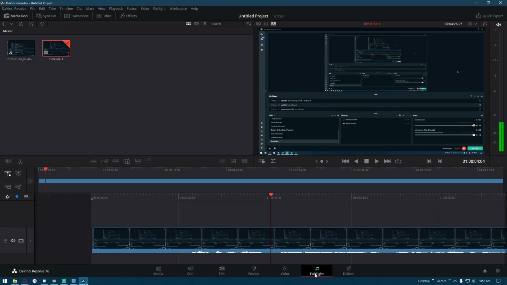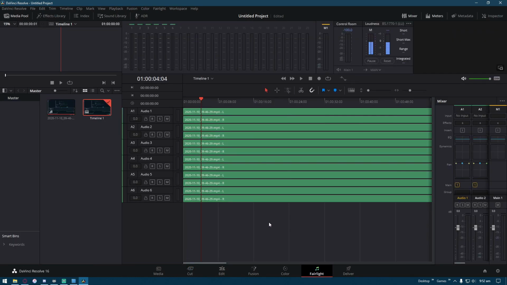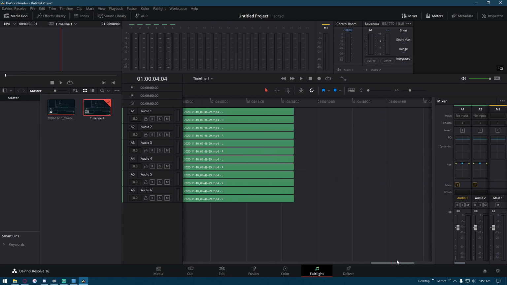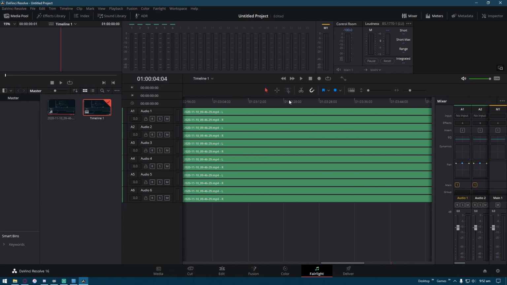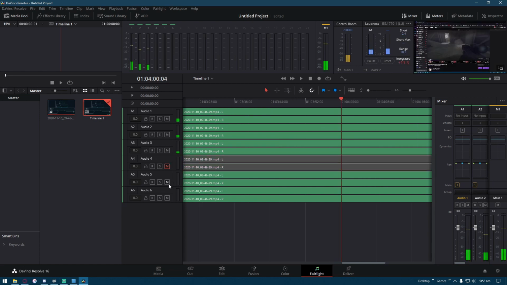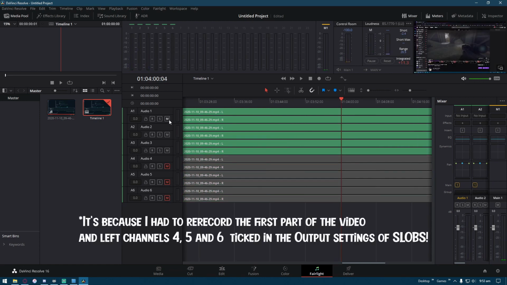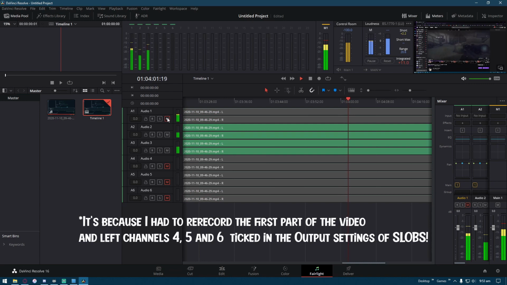So what we're going to do is jump over to Fairlight. Now that's our audio editor. As you can see, we've got a bunch of audio tracks here. So we're going to skip across right to the end part where we recorded over the clips. So what I'm going to do, I'm not actually too sure why I've got all these, but I'm talking over